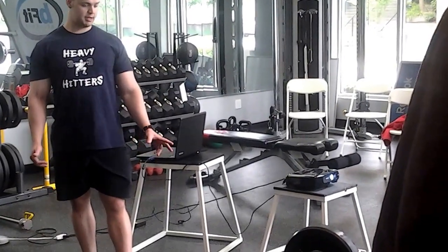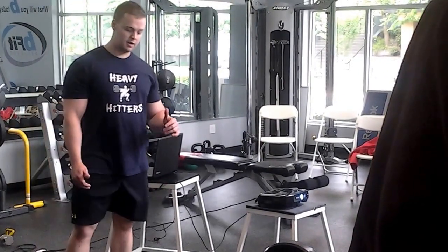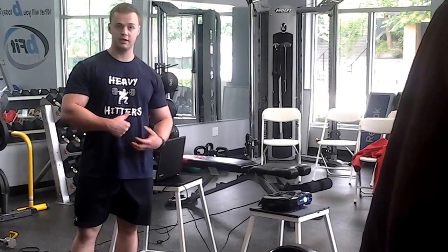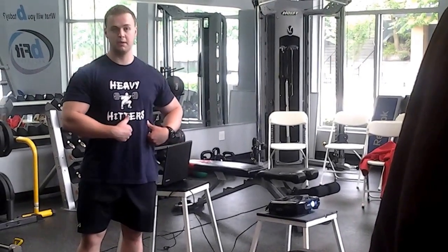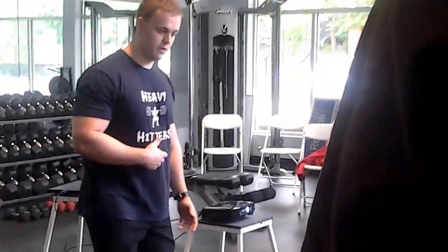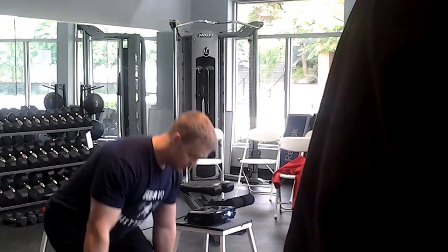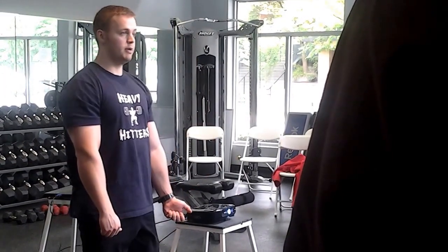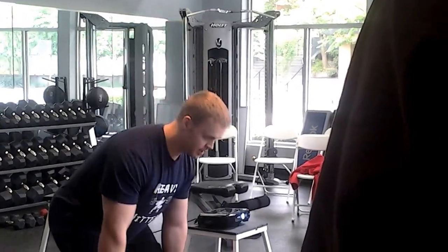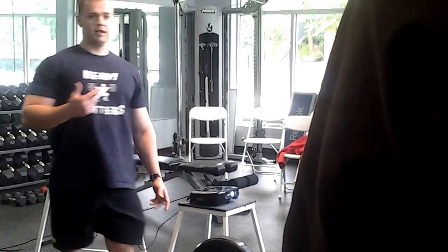So bracing during a squat, or actually anything, bench press, deadlift, essentially the goal with it, which I tell my clients, is you want to stabilize, increase that intra-abdominal pressure so you can stabilize the spine whenever it's moving. So if you are having them do a whole lot of breathing: breathe in here, hold that breath, go through the deadlift, bam, they might exhale here, maybe breathe in again and reset. If they're doing a constant set and they're just kind of going through it, they might forget to breathe,